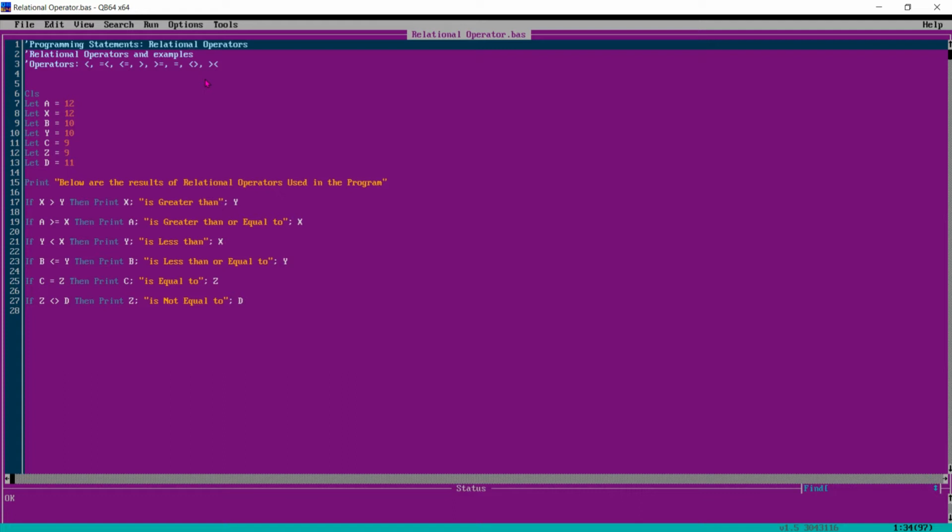So this set of operators is used when we want to make a comparison between any two values, right? It displays the result as true or false depending upon the values given. So again, I have defined some variables a, x, b, y, c, z, and below are the results of the relations.